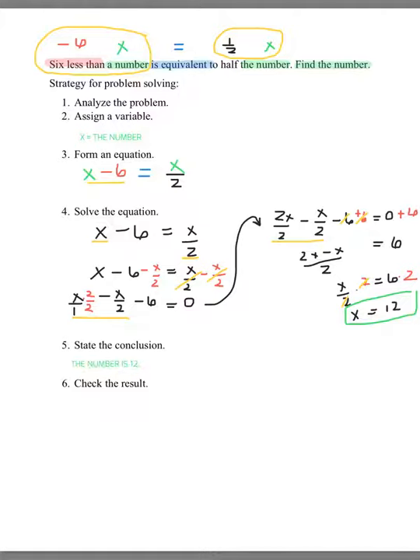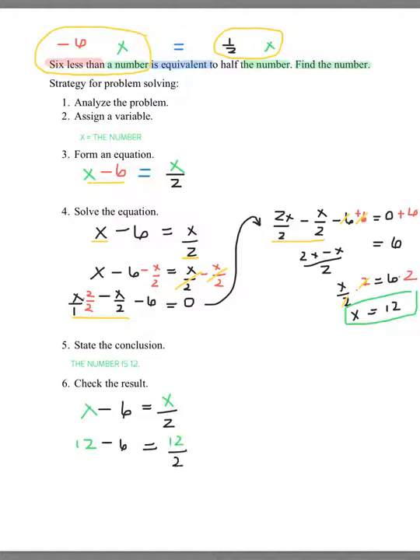So now the last thing is we're going to have to check the result. So we'll start off with the original equation, which is x minus 6 is equal to x divided by 2. However, we now know that the value of x is 12, so we're going to substitute that in for x. So we're going to have 12 minus 6 is equal to 12